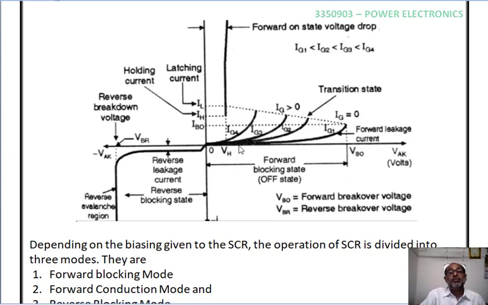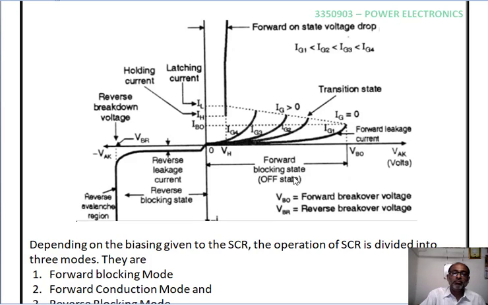So now in this mode, the maximum current passing through this SCR depends on the load resistance or the load impedance. If we are increasing the value of gate current, ultimately the required voltage for the SCR is decreased. Do you understand? If we are increasing the value of gate current, it reduces the voltage required to turn on the SCR.